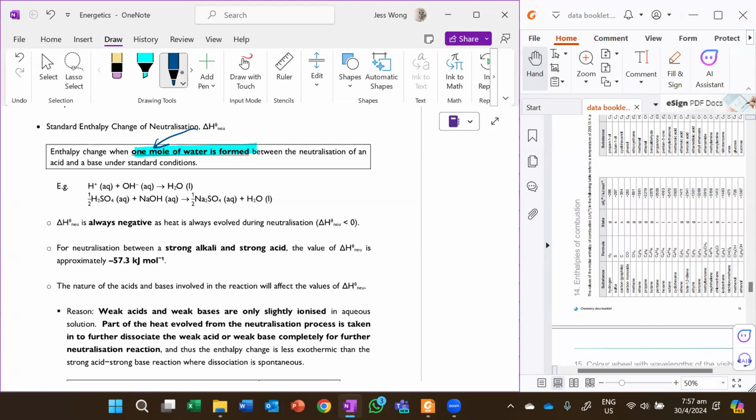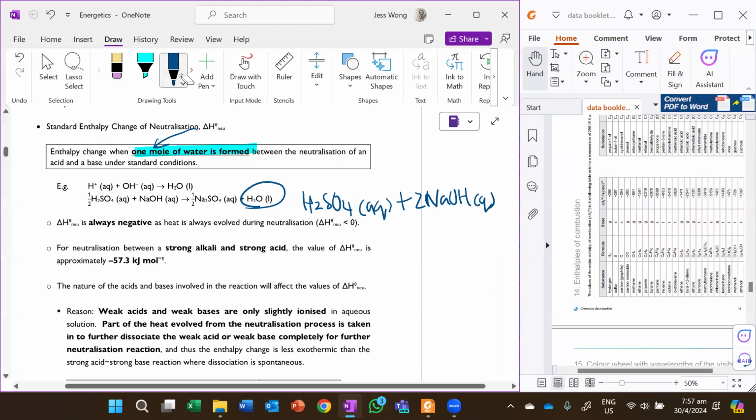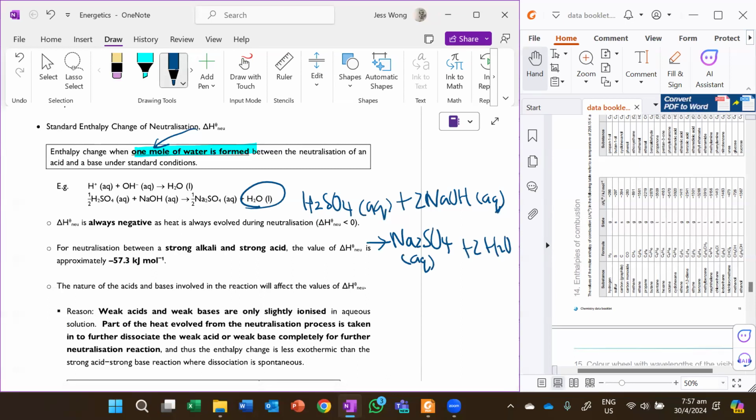Okay, so depending on the equation, as you write your equation, you have to keep this as 1 mole. So if I have a sulfuric acid with NaOH equation, I cannot just happily write H2SO4 + 2 NaOH to give me Na2SO4 + 2 H2O (l), because this is not actually an enthalpy change of neutralization. It should be based on per mole of water formed. Okay, so I will have to halve the equation for the